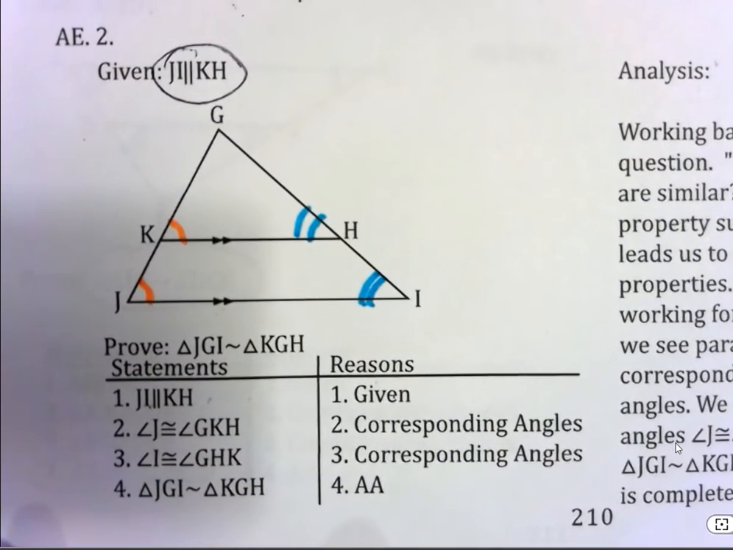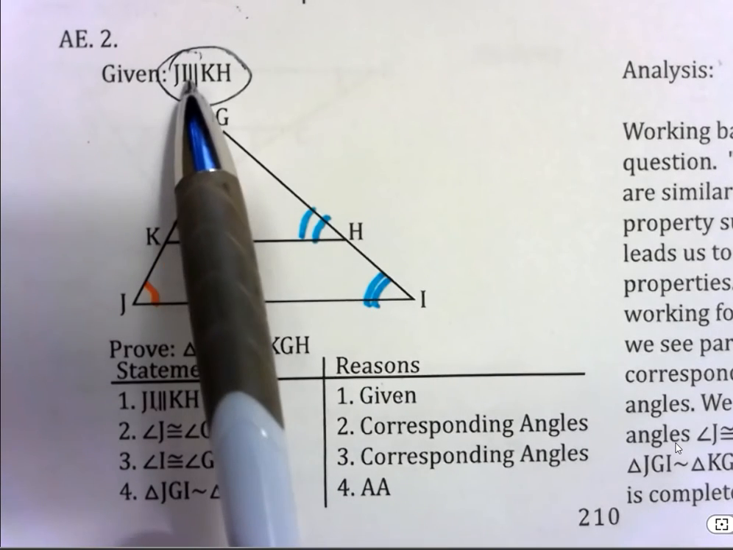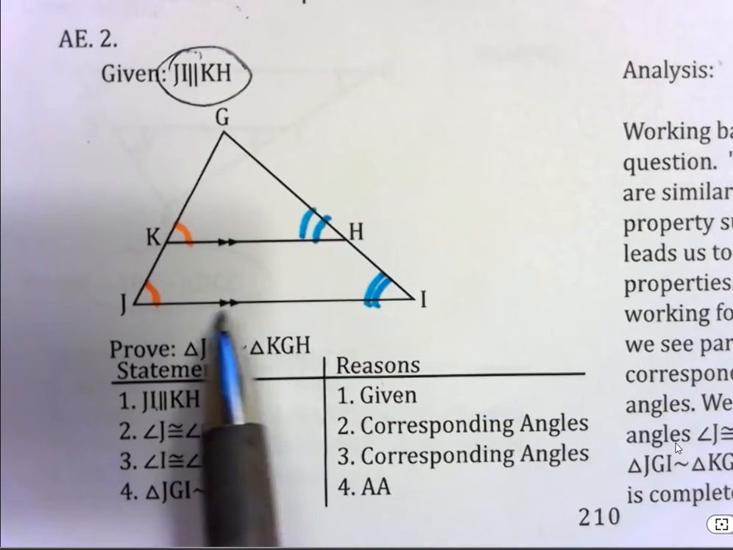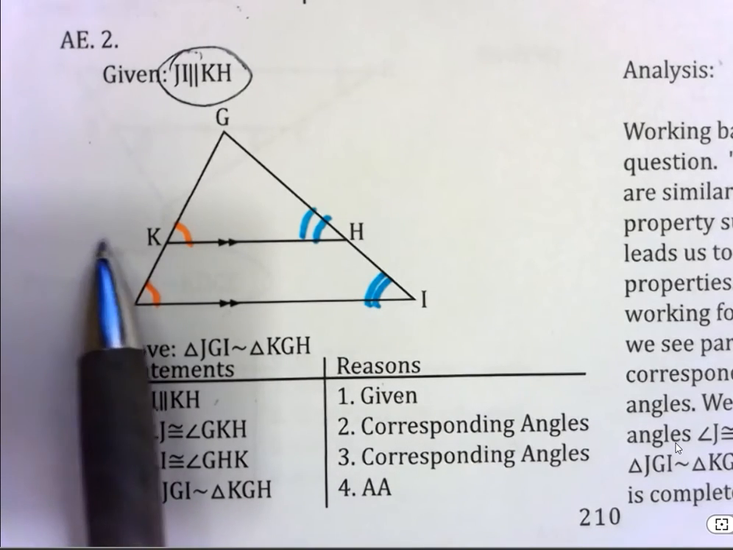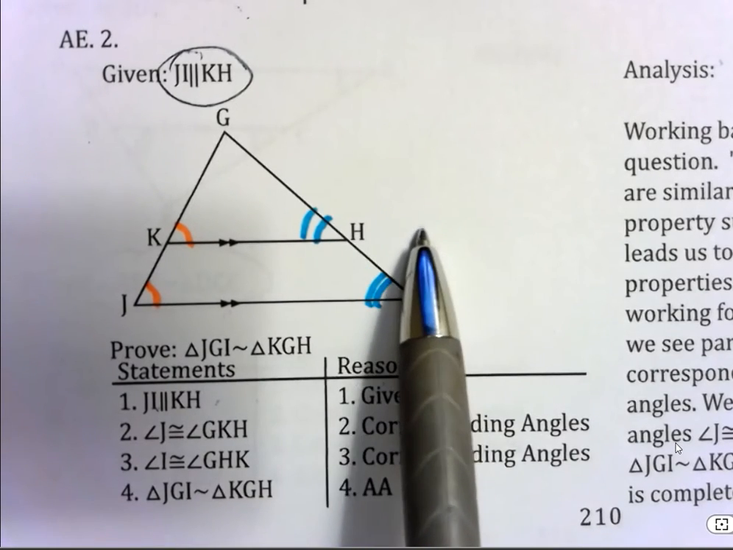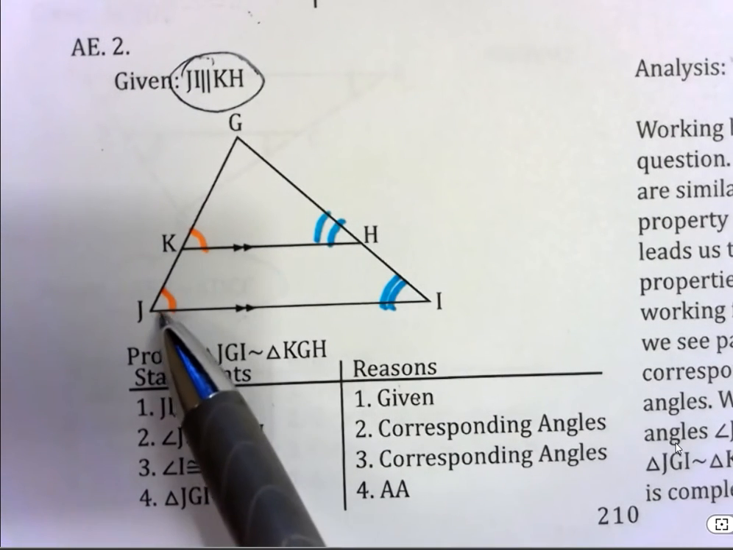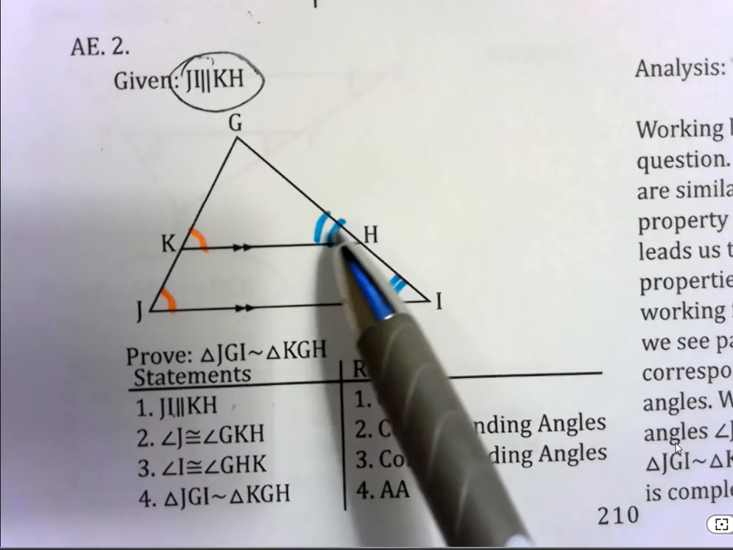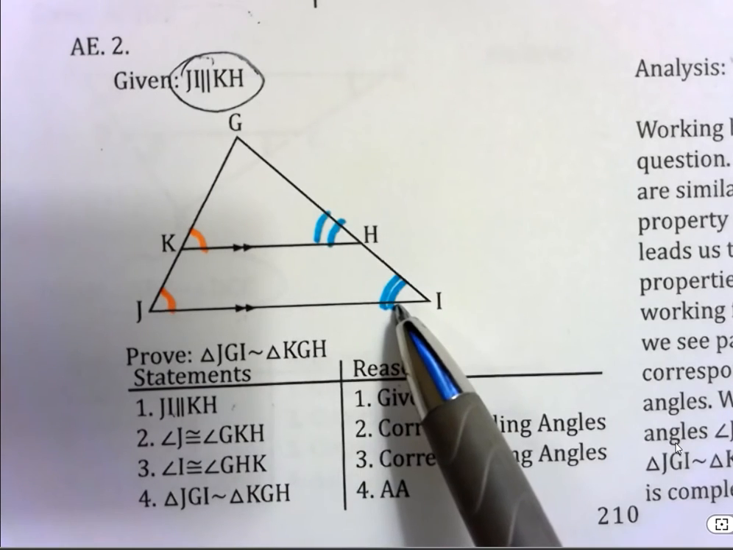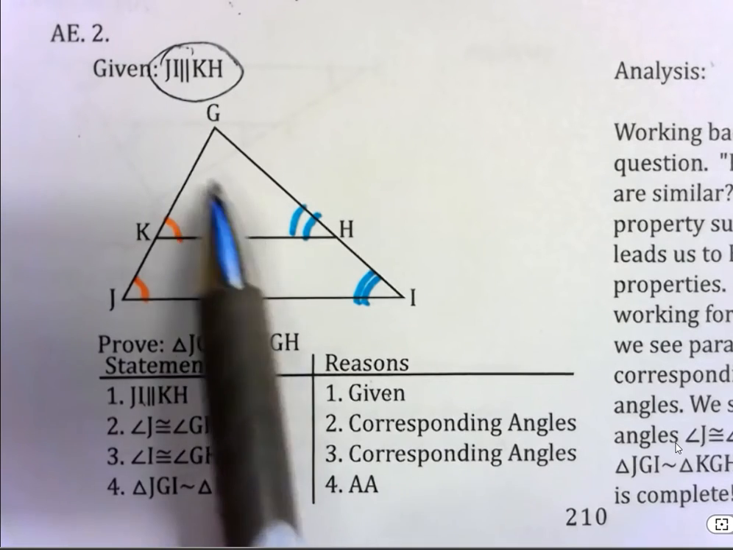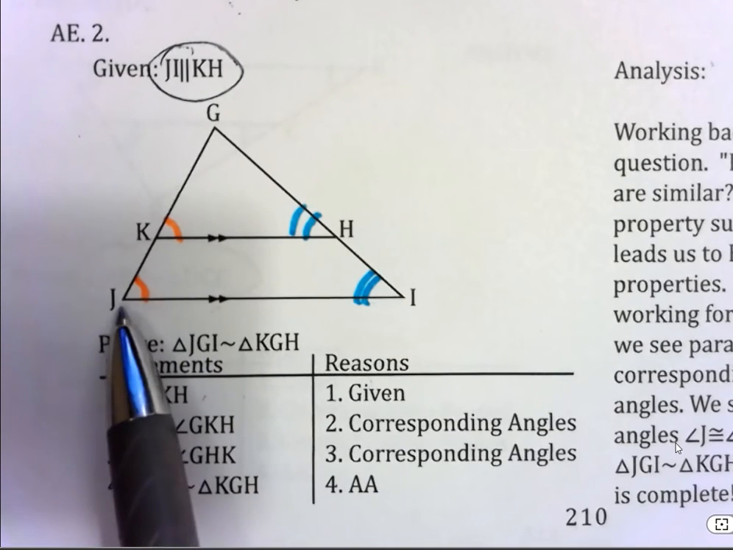Here's another example. You are given that JI is parallel to KH. That means this line is parallel to this line. And we talked about this situation in class. These are transversals, which would make these angles congruent because they're corresponding, and these angles congruent because they're corresponding. How do you write the proof? You're trying to prove that the triangle JGI